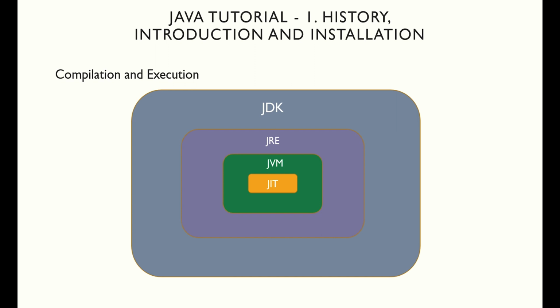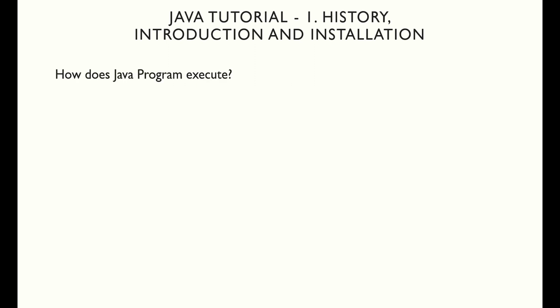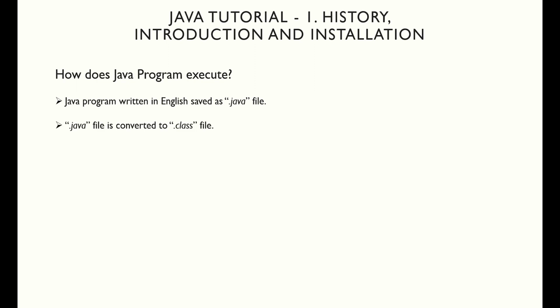Now, one would wonder, how does a Java program execute? First, since Java is a high-level language, you write the code in human understandable language, that is English. The file that you created will have an extension of .java. A machine cannot understand this, so this needs to be converted. Performing this will be a costly operation, and this conversion will depend on the OS, which would make it platform dependent. To make it platform independent, we use the bytecode of Java program, that is compiled .class file for the .java